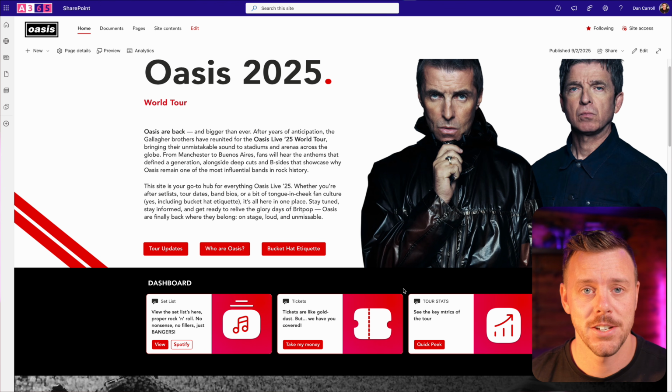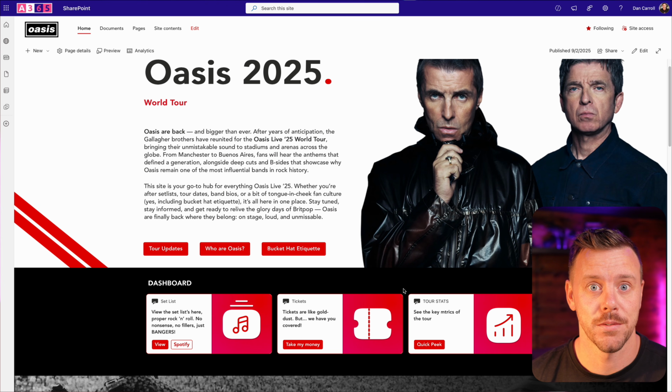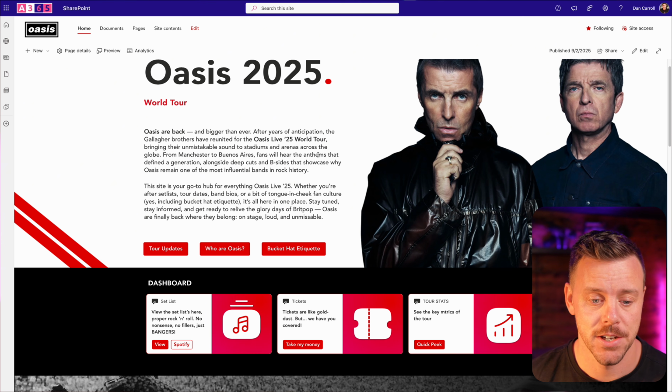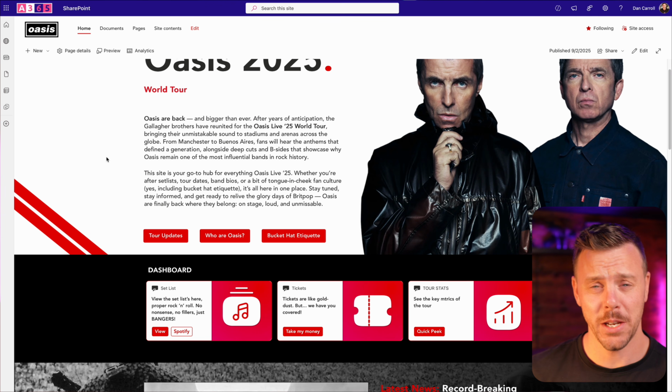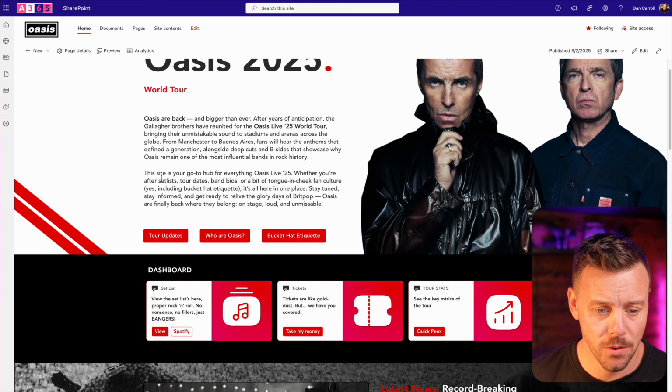There's 3 here on the page and you can configure them to do lots of different things, or you can choose from a selection out of the box. And when you have that configured, you can use the dashboard web part to place them on the page. So if we come in here, what they're really cool for, I think anyway, is we can create these custom